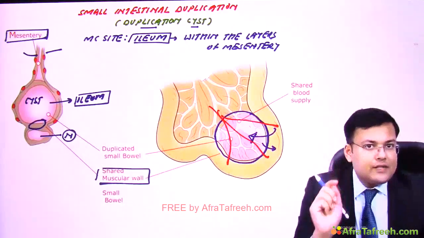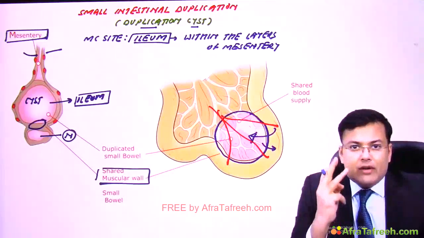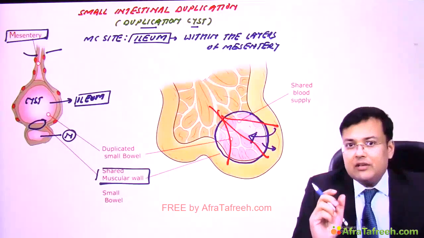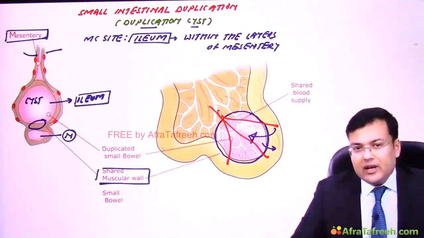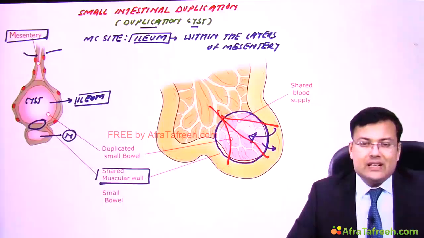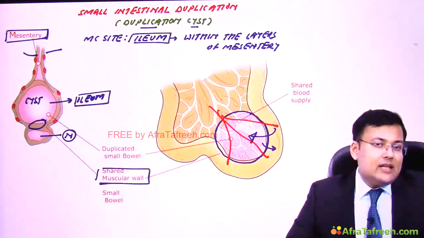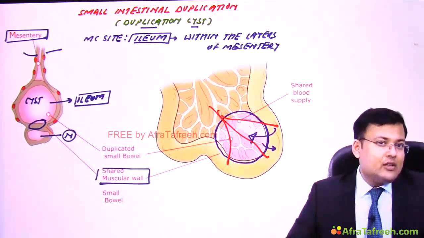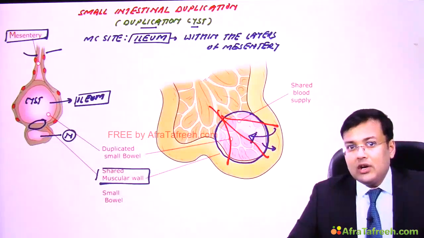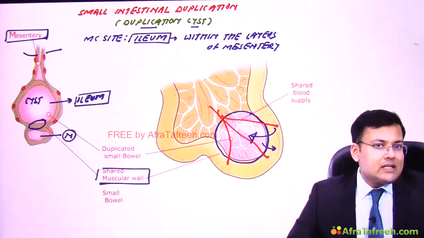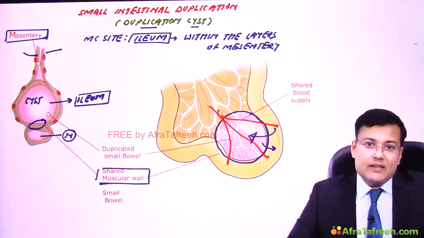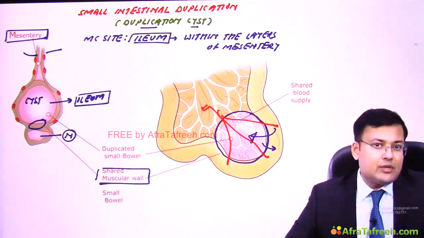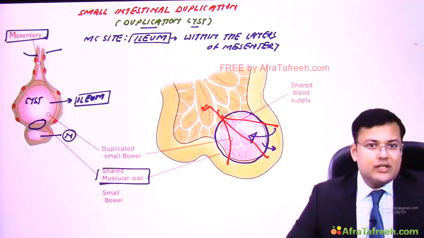So three important points. First, that duplication cyst is having all the three layers. It is having shared wall and shared vascular supply. And what is the location? It is located along the mesenteric aspect. See, this is the typical description of cystic duplication cyst. There is another duplication cyst which is known as tubular. Overall, which one is more common? Cystic duplication cyst is responsible for 75% cases, which we discussed here, and there is tubular duplication which is responsible for 25% cases. Okay, so see the differences.